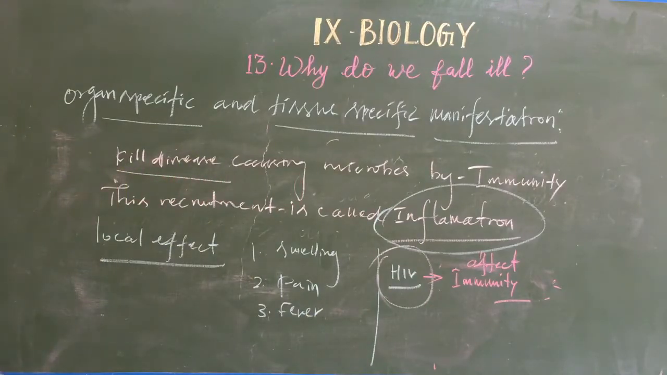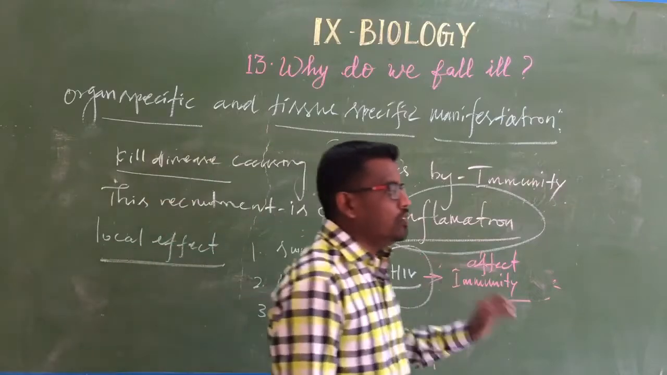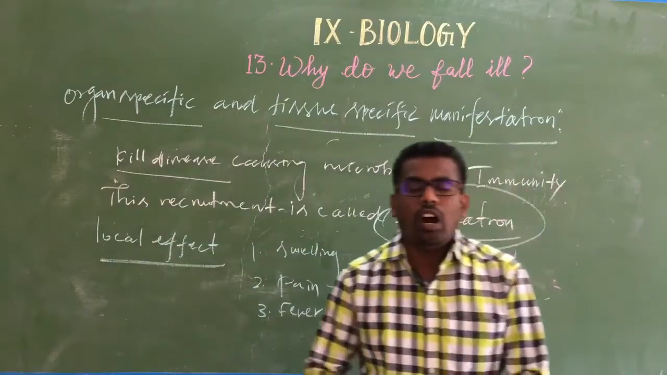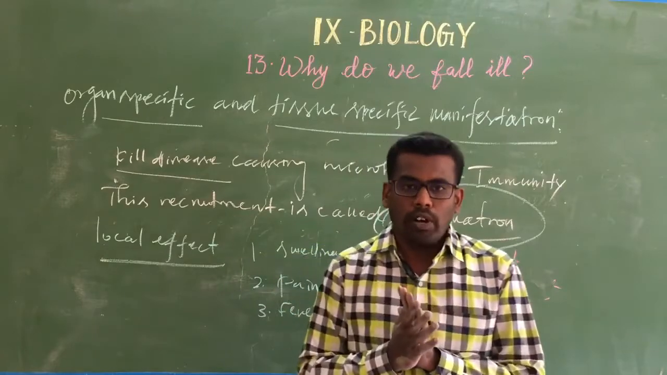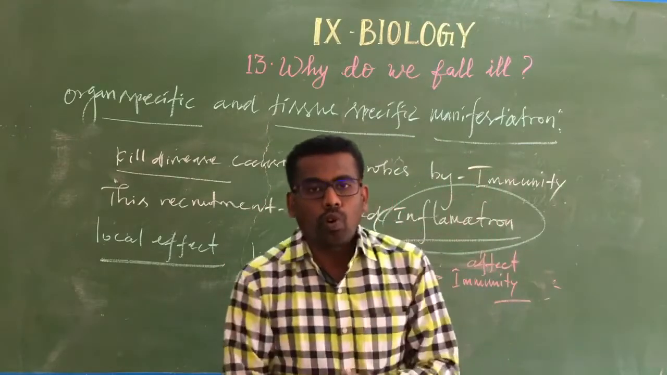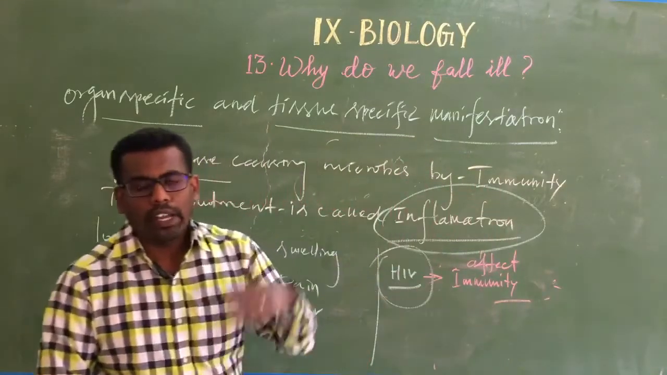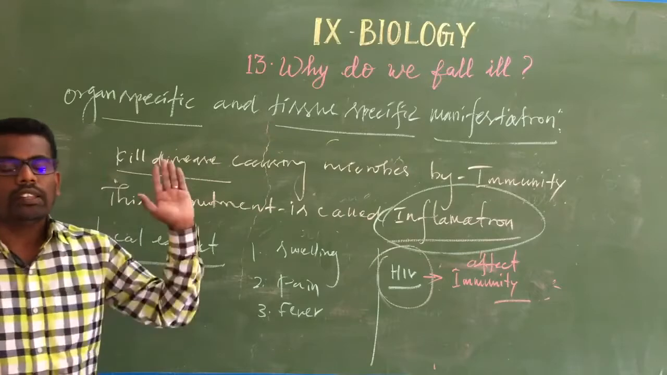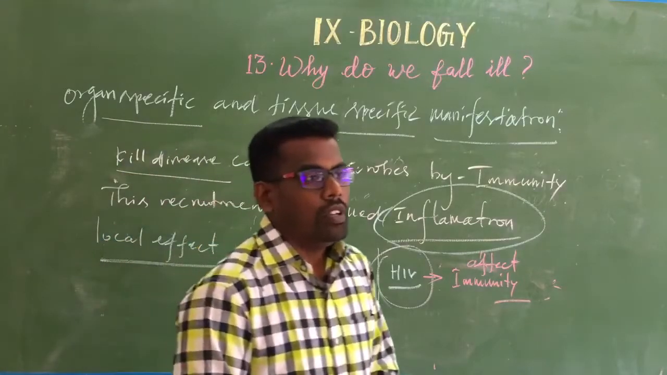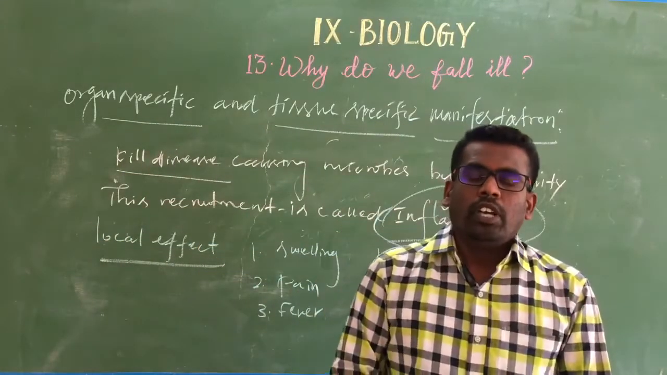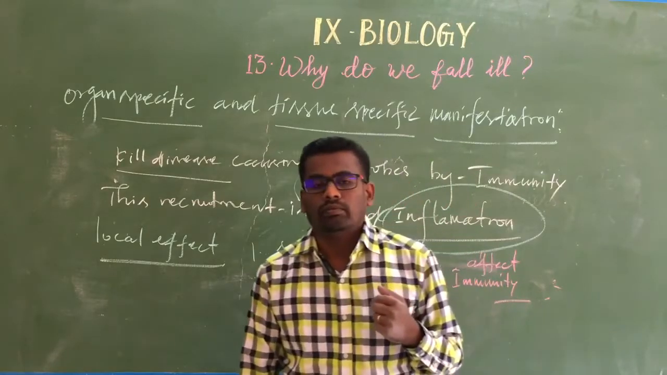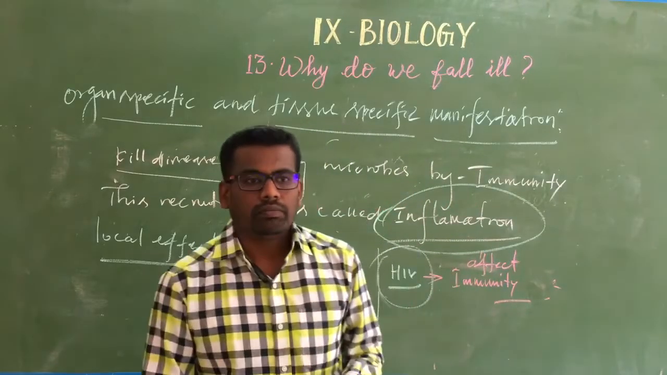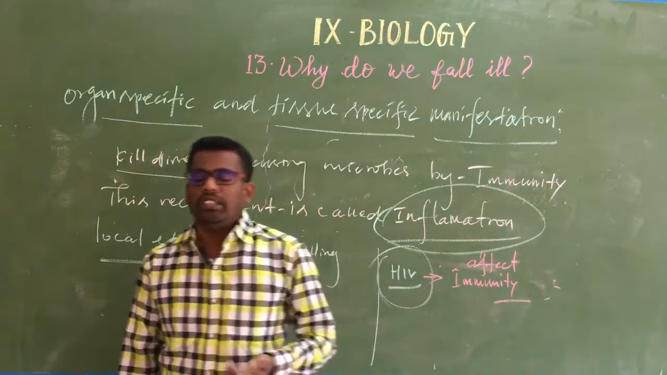Okay, next, organ specific and tissue specific manifestation. After the microorganism enters the body, where will it go? Where does it reach and where does it settle? That depends upon the point of entry. If it enters through the nose or through air, it reaches the lungs. Then symptoms: trouble in breathing